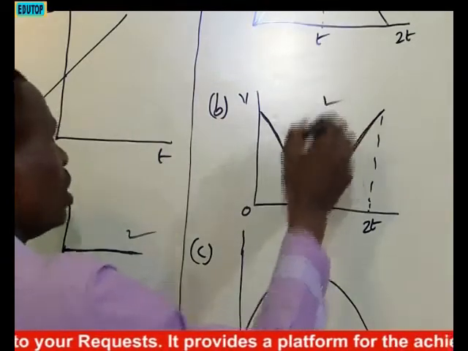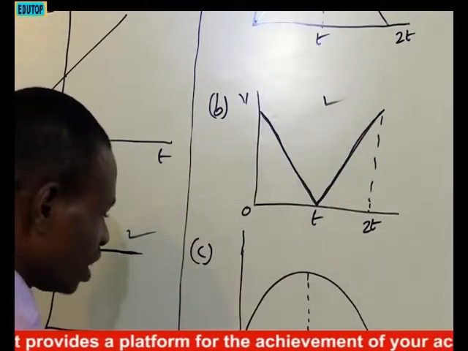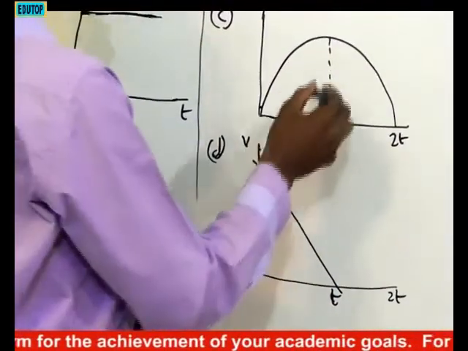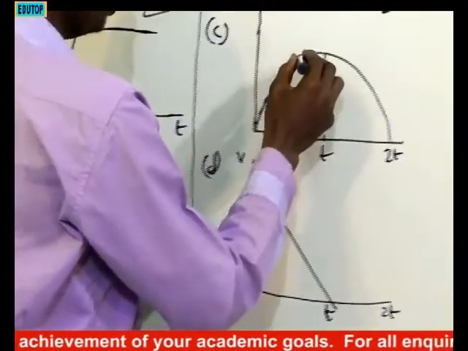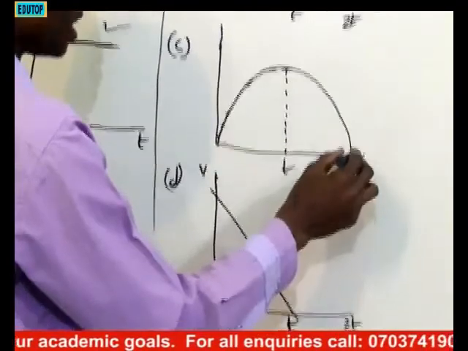So the answer to this is this. Not this, not this, not this. In fact, this one is representing a retardation. And all the other ones, this one is representing the motion of an object in a parabolic path, which is a